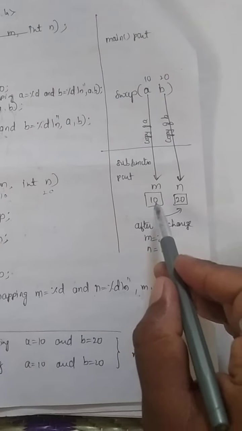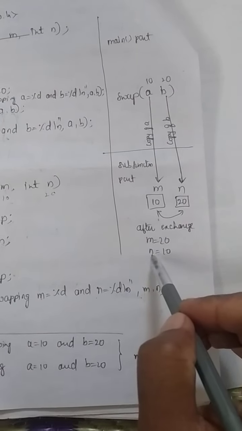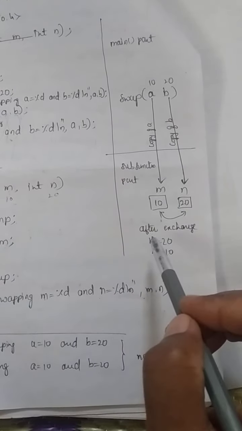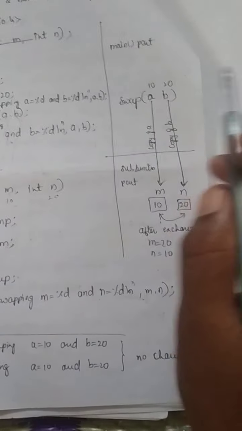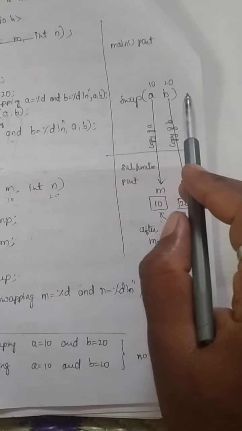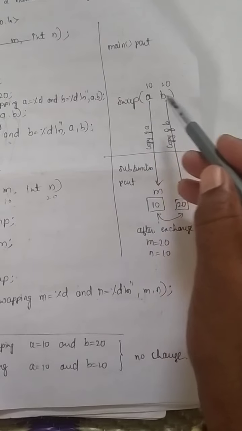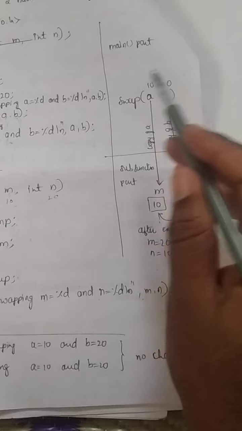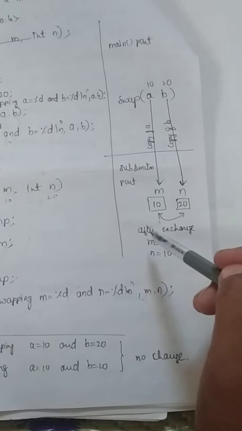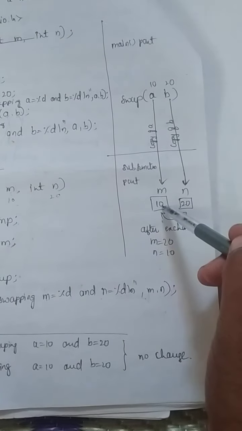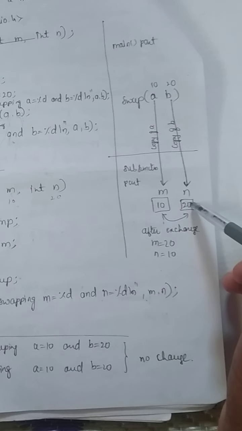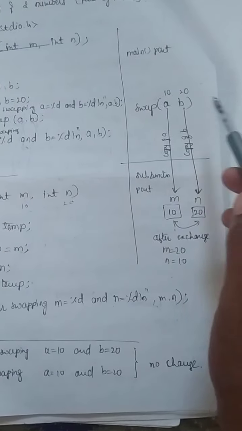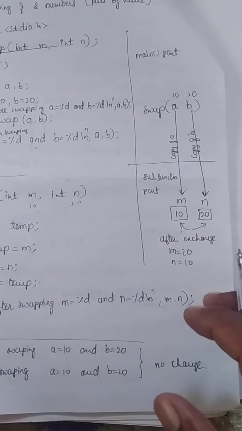So in the sub function, you are swapping the elements by using m, n and temp. The meaning of this is the original values are not going to be affected by anything. It means a and b values are the same, they are not going to change. But m and n values, whatever we received, m value 10 becomes 20, n value 20 becomes 10. M and n values are changed, but original values are not affected by the function call.